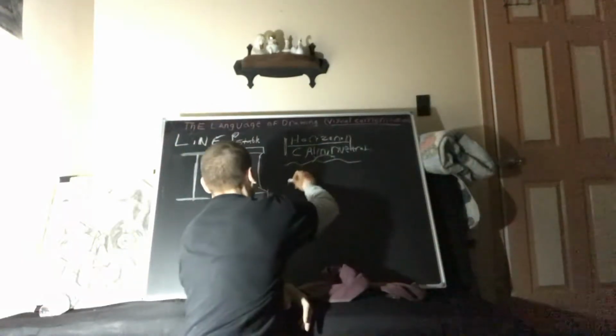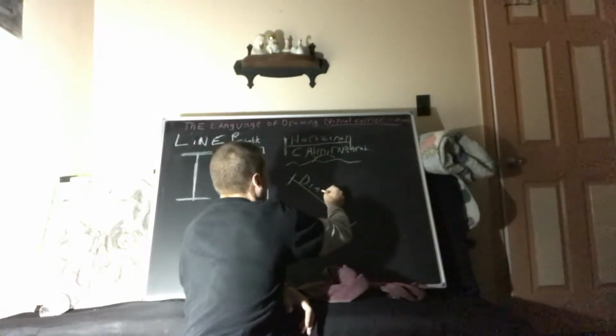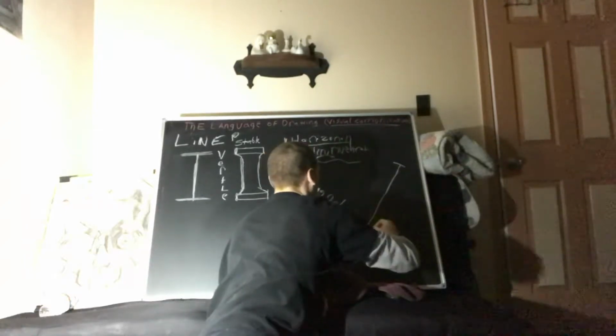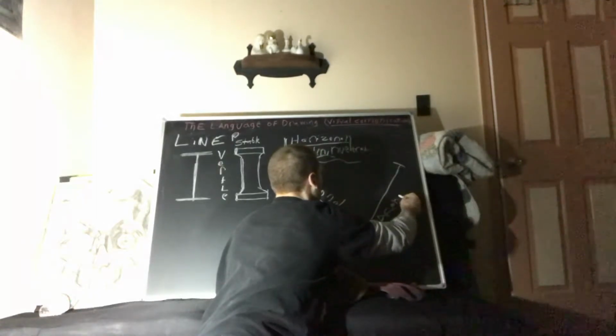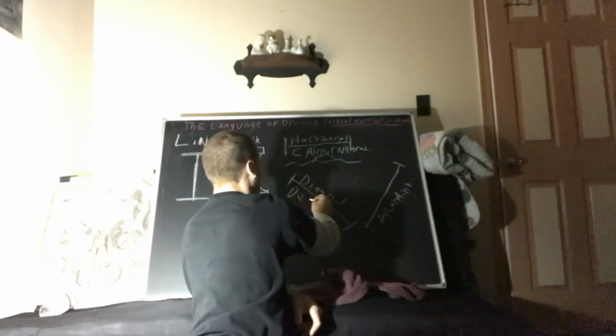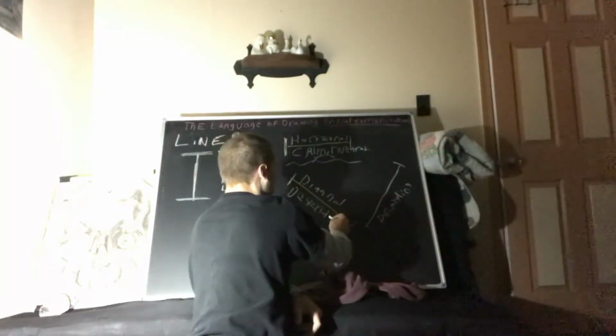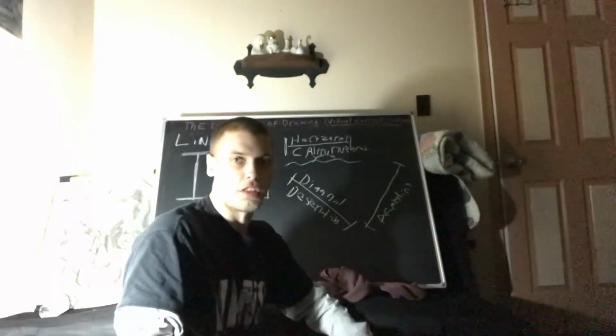Next one we'll be talking about is the diagonal. Now the diagonal is a fun one. So the diagonal has two different ways it can go. It can either go down, descending, right? Or it can go up, ascending. So we can have an ascending line, which is extending upwards, right? Or a descending line, which, you know, when things go down, we think depression, we think deep,